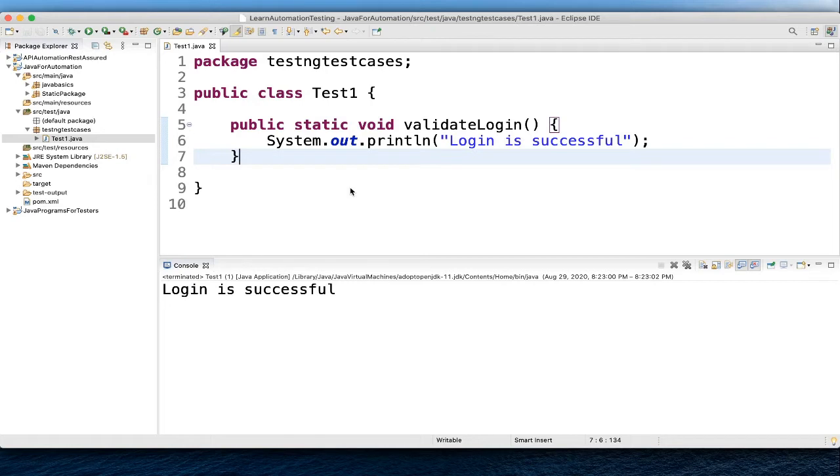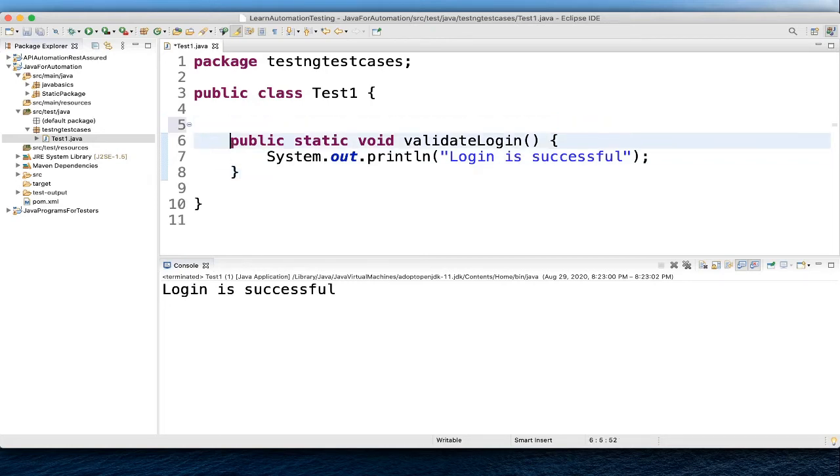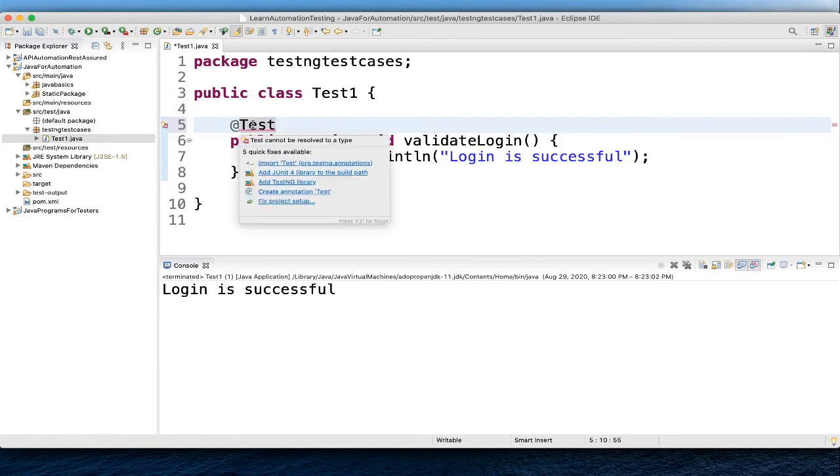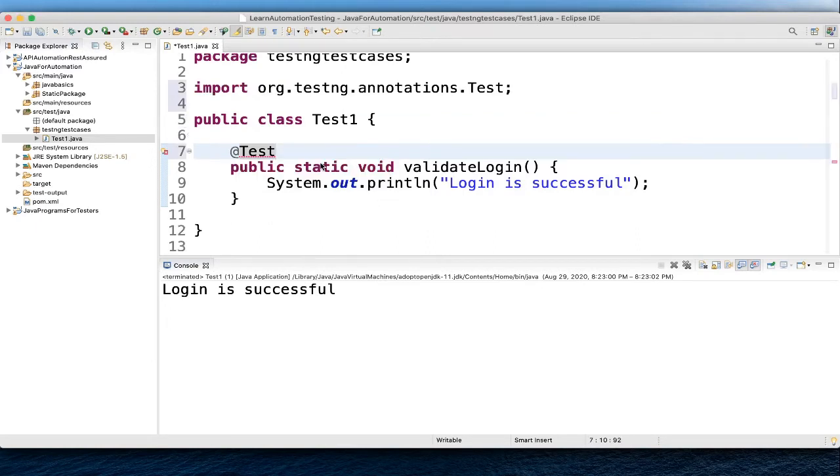So let's use an annotation named @test. If you mouse over here, you can see one import statement, import org.testng.annotations.Test. So use this. @test is used to tell that the method under it is a test case.